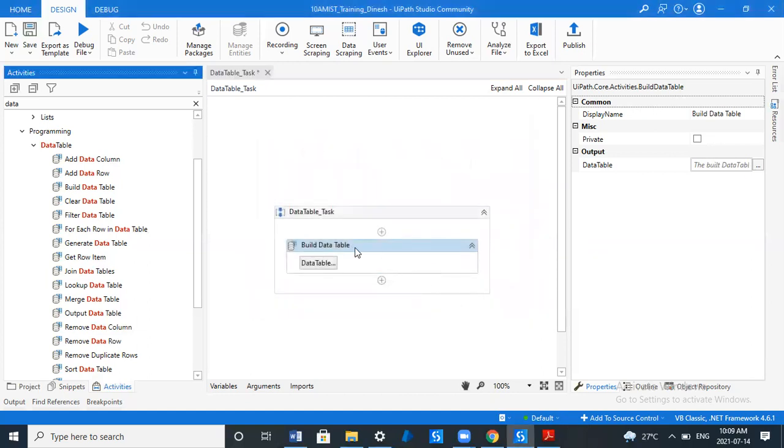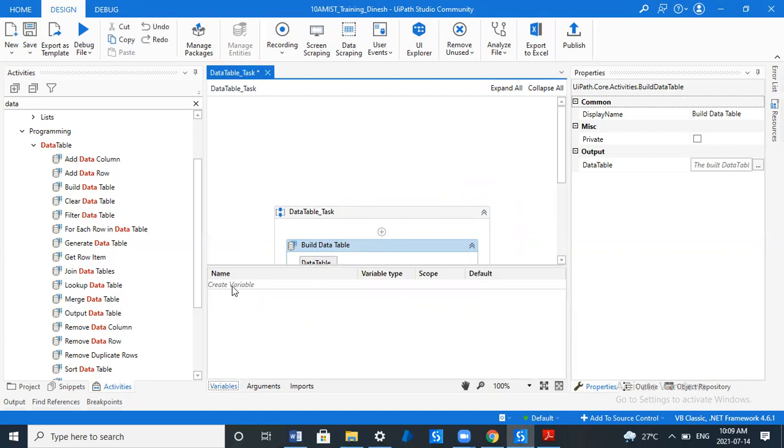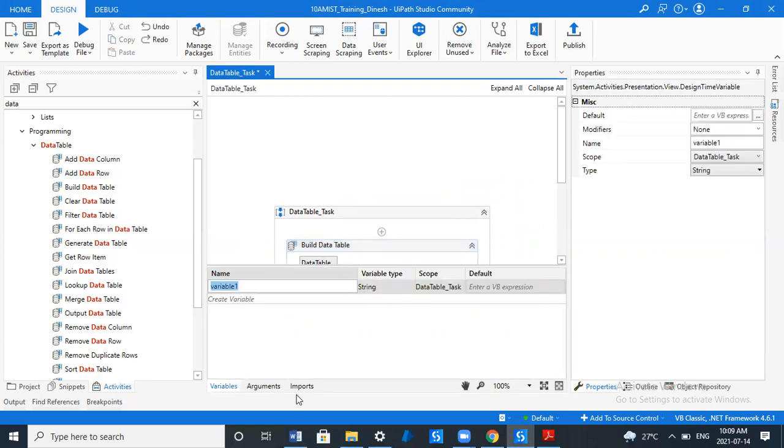Let's click on OK. Now we have stored some values in this data table. That is fine. So we have to assign one name for this particular data table, which means you go to variables and create a variable. Let's say the variable name is employee details. Variable type should be a data table. You can see there is a data table data type as well. You just have to select this, which means you have created a data table of employee details.